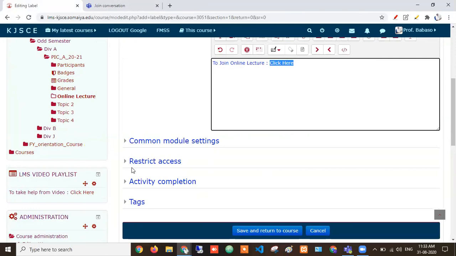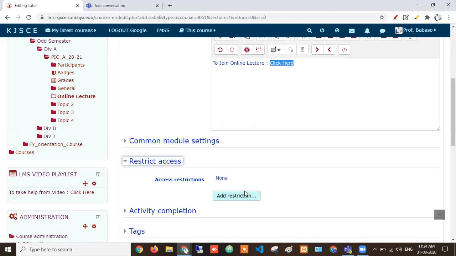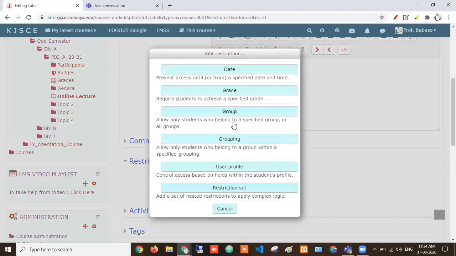There is another setting. Suppose you are creating this link for a particular batch and you want to restrict it to that batch only, for those students only. Here you have the option restrict access. If you are creating for a lab session for that particular batch, I'm saying, if you're creating for your whole class, don't use this option. Here I want to use it for a batch.